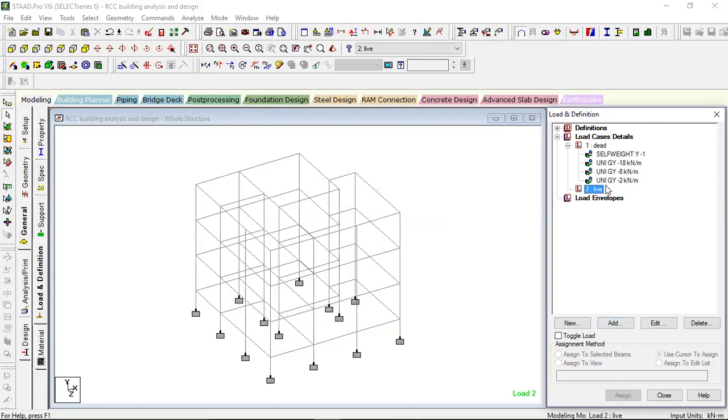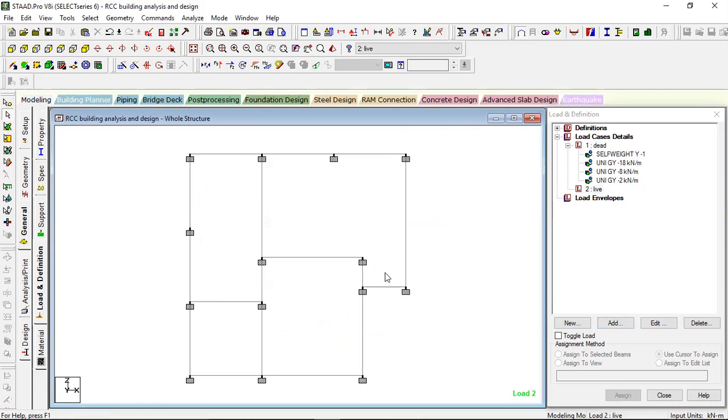Its unit is kilonewton per meter square, not a UDL in only one direction. The wall will run from here to here, that is a UDL, one line load, kilonewton per meter length. But pressure will be in two directions. If you apply the pressure from the top on this slab, the slab's load will be distributed in one direction and in another direction, that is kilonewton per meter square.